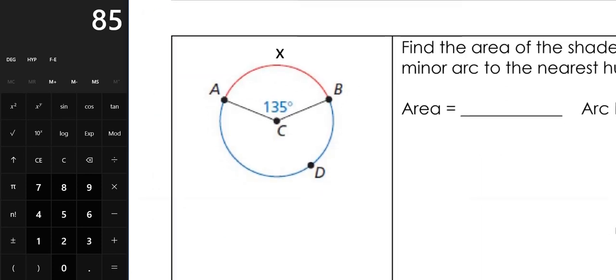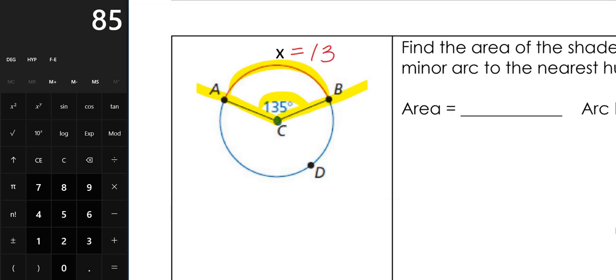All right, now notice this one is different. The vertex of the 135 degree angle is at the center of the circle, not on the circle. This one's different than all the other problems. When you have an angle that has its vertex in the center, that angle is equal to the arc that it intersects. So if 135 degrees is the measure of angle C, then 135 degrees is the value of x